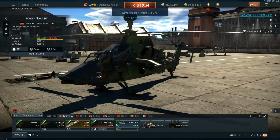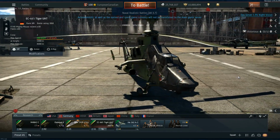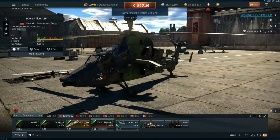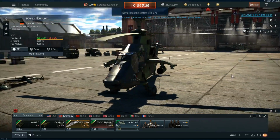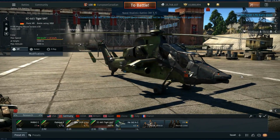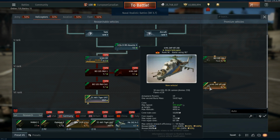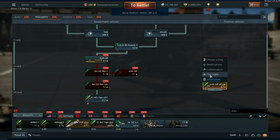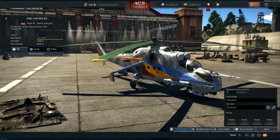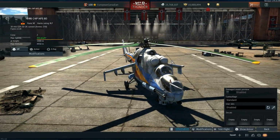Today in War Thunder it's time to have a look at the EC-665 TIGER UHT, which is the Eurocopter coming to the German tech tree at rank 7, battle rating 10.0. Now you may be wondering, why is it rank 7? Well, it is definitely a head above the rest, and also to compensate for the fact that it's rank 7, we're also getting a premium rank 6 for the Germans, which is the Mi-24P HFS-80 at rank 6, battle rating